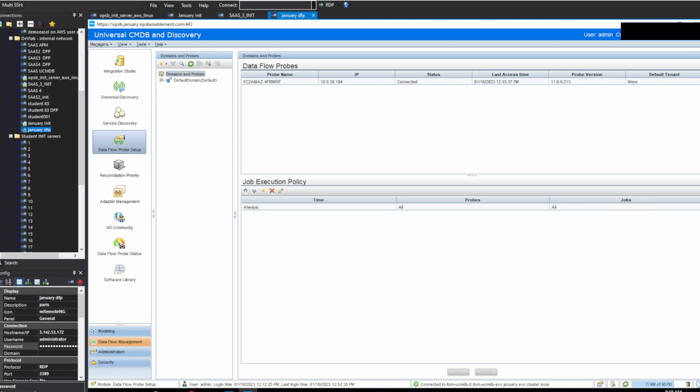Okay, everybody. Yesterday, we left with a data flow probe connected to our containerized Ops bridge suite in the cloud. But what do I want to do with that? And that would be, of course, synchronizing CIs between our environment and the main environment, which I will call SaaS, although it's not a proper SaaS that you get when you buy the product from Micro Focus. It's a simulated SaaS, but the principle of CI synchronization is exactly the same, with the exception, of course, of